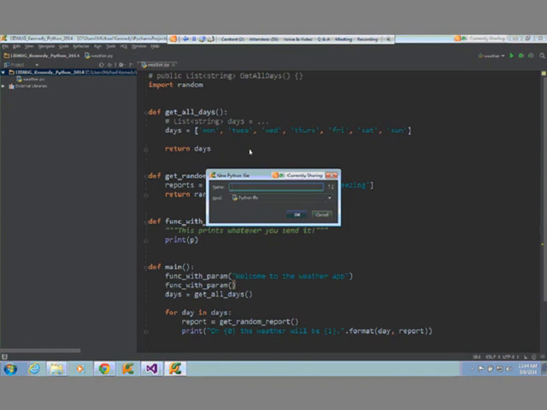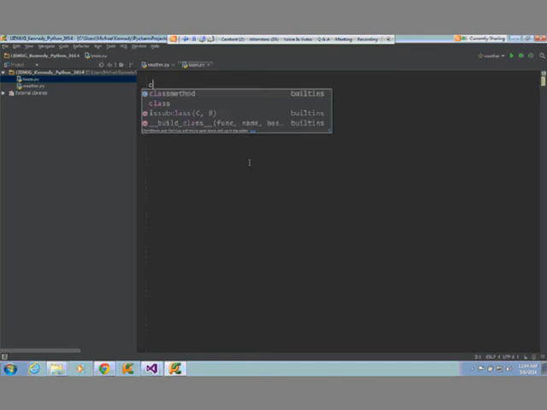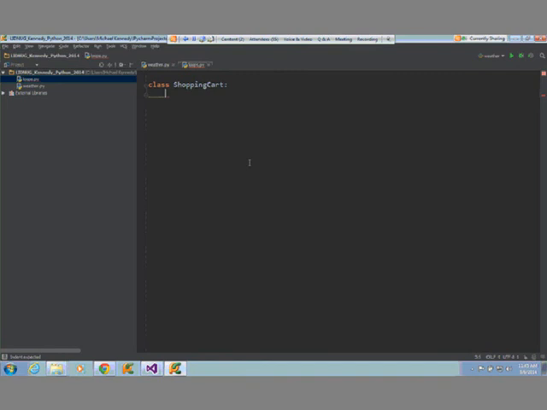Okay, so call this loops, something like that. You can configure that to stop putting your name at the top if you want. Okay, so what I want to do is define a class called shopping cart. This will let us explore defining classes as well. And in Python, you have this concept of a constructor, just like you do in .NET. So we're going to define it, but it's an under init. The other thing that's different is, just like in .NET we have this, in Python we have self. But what's really different is it's explicitly passed. Unlike in .NET, where this is an implicit thing that's always around.